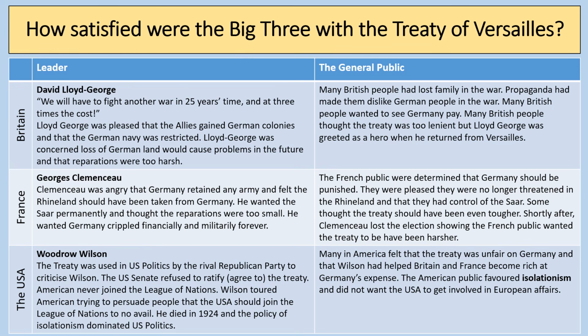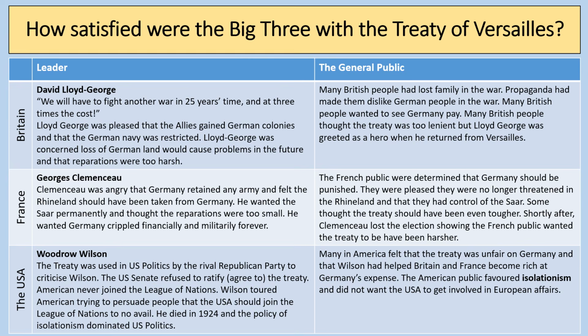Now, this is an absolutely crucial event when we're looking at this international relations topic. And Wilson tried in subsequent years to tour America, persuade America to join the League of Nations, to get rid of what was called an isolationist approach. But isolationism, the idea that America should not be involved in European conflicts and wars, and in things like the League of Nations, dominated American politics in the 1920s and the early 1930s.